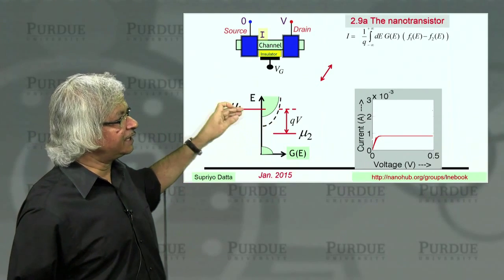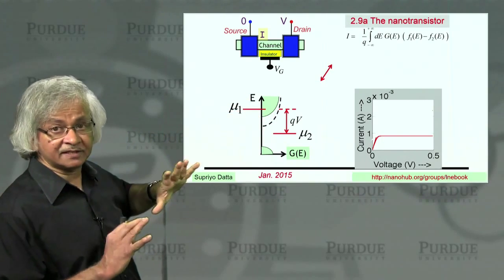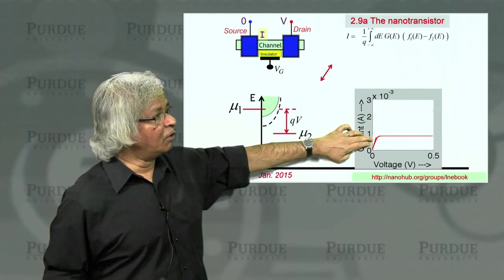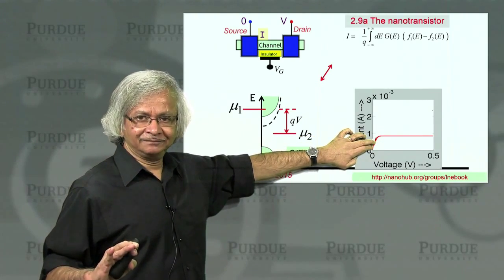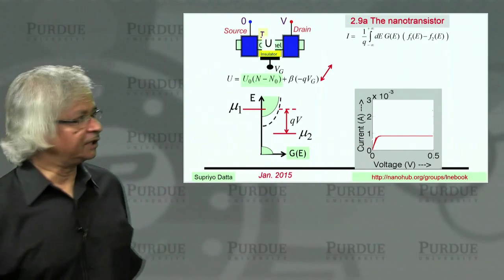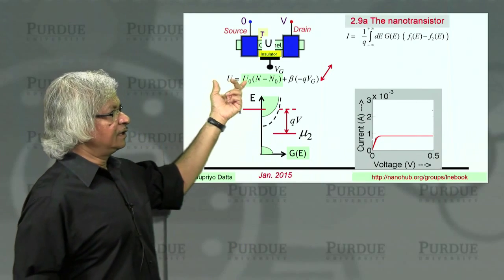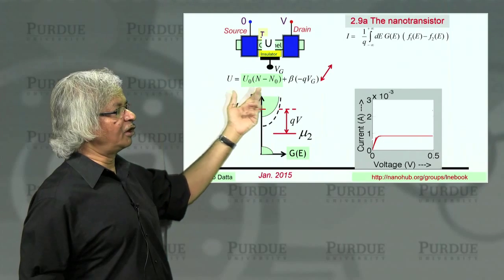See, and that would then give you more current. So what you'd expect is, because of this effect, you should get more current than what you have calculated when you neglected it. Mathematically, how do you do this? Well, exactly what we had done before, namely define this channel potential U and write it in the form of